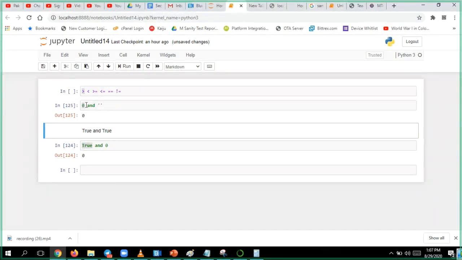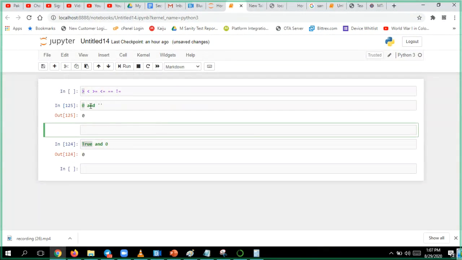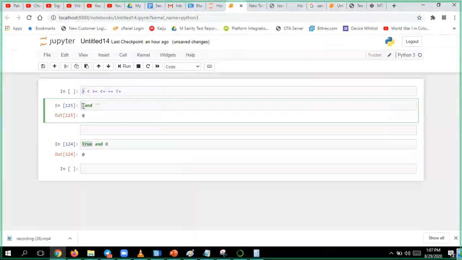Okay, if x is true, some value, I'll say it as 200.